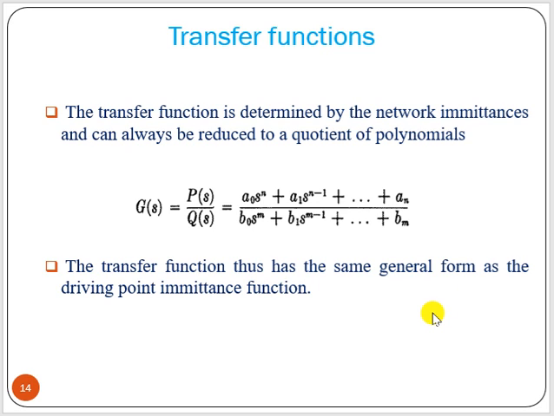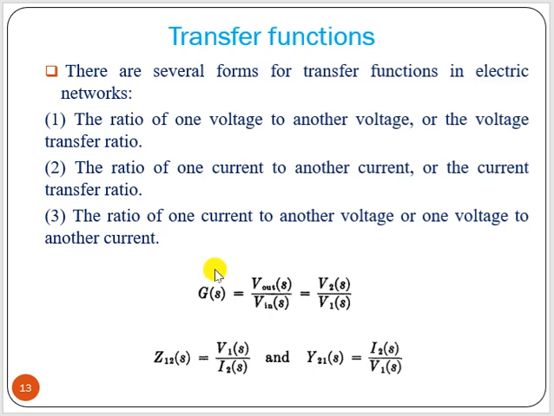Now the transfer function is determined by the network immittance and can also be reduced to a quotient of polynomials. So G(s) can be written as P(s) by Q(s), which is a rational function of two polynomials. The transfer function has the same general form as the driving point impedance function. Why? Because, say, in this case,